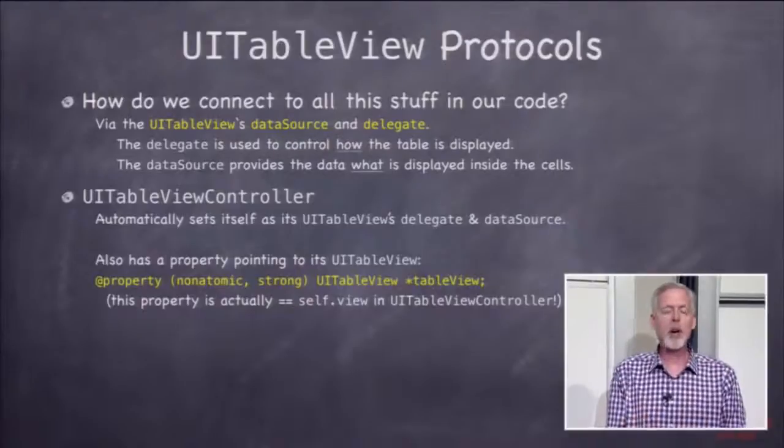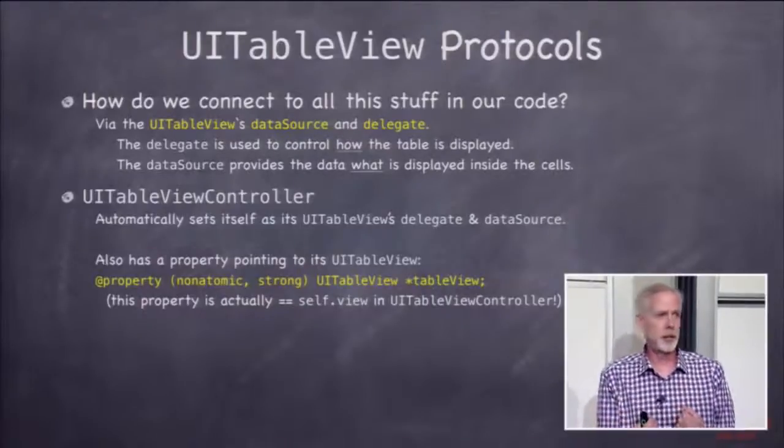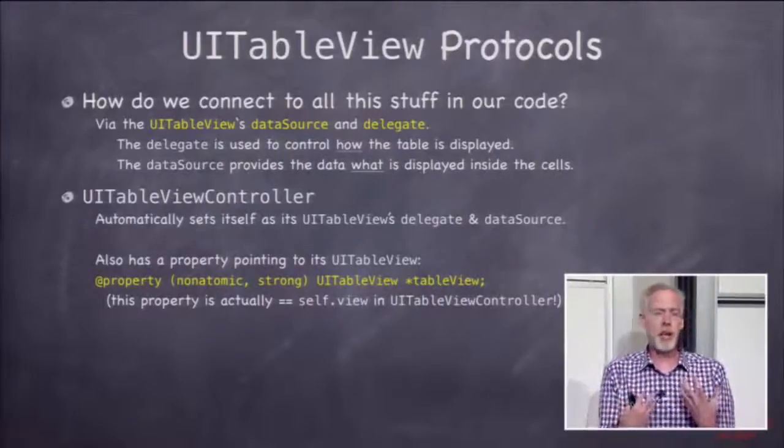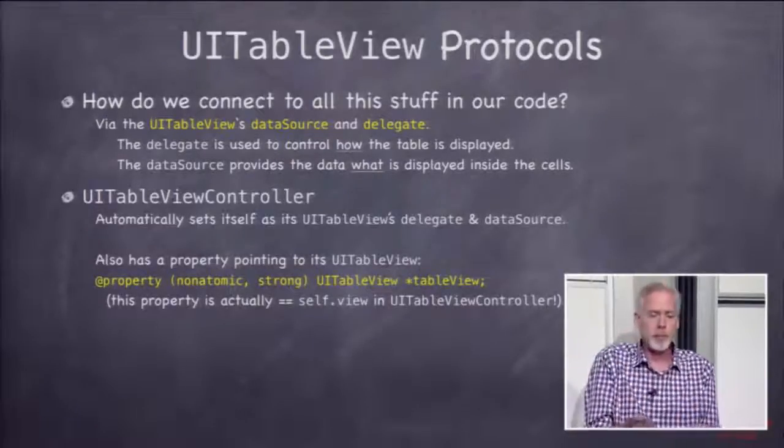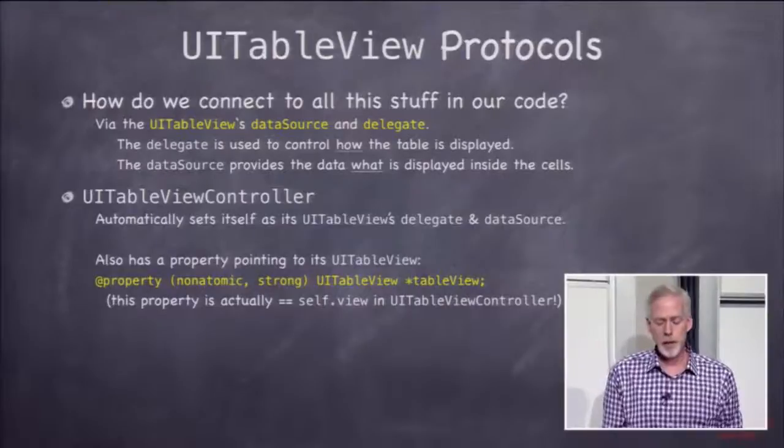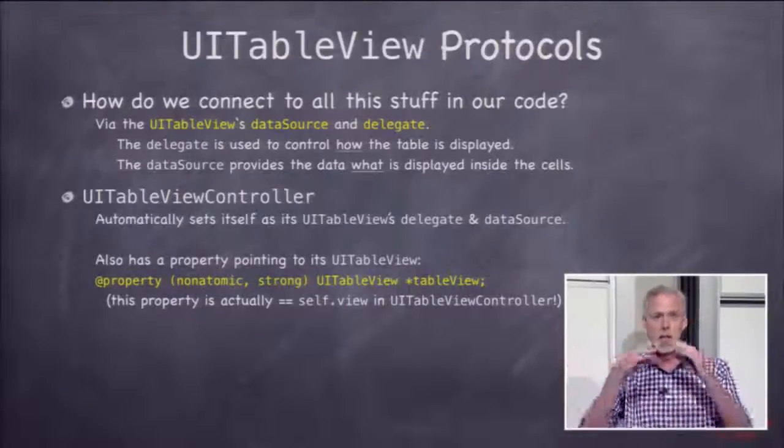The data source and delegate are almost always going to be your controller. Right? That just makes sense because the controller's job is to interpret the information in the model for the view. So obviously the controller wants to be the delegate. And again, back to the MVC thing that